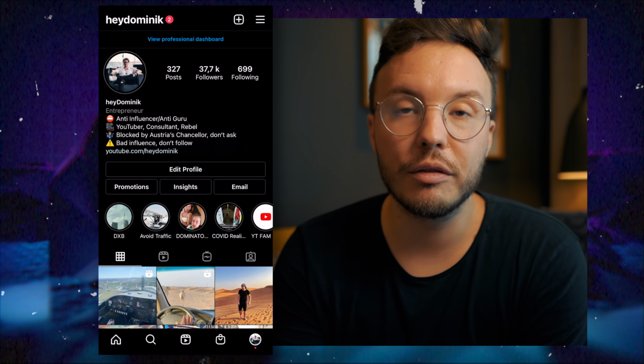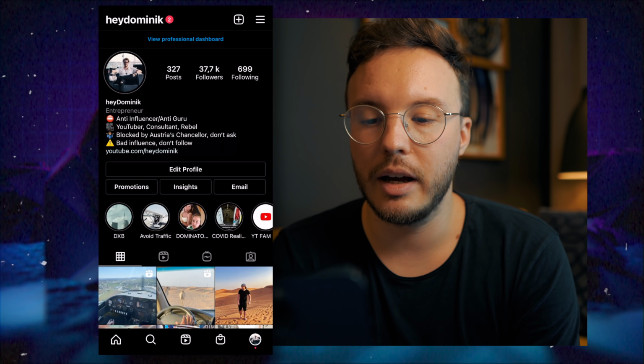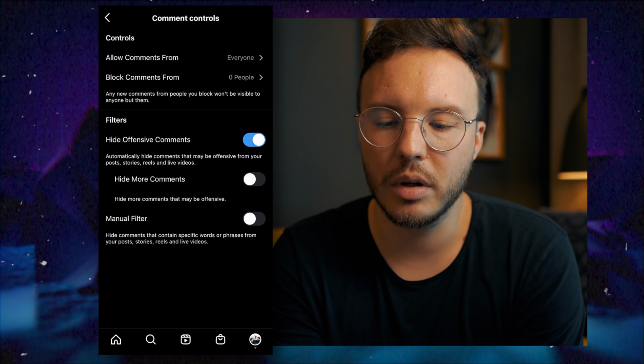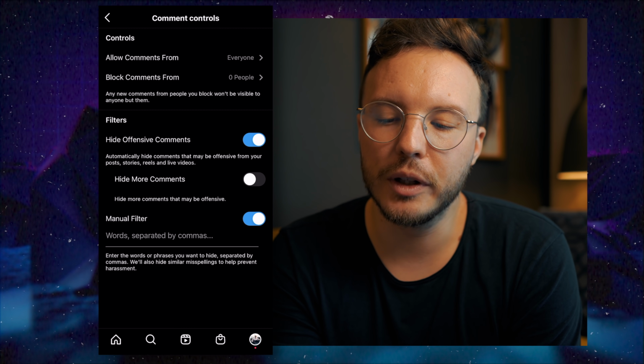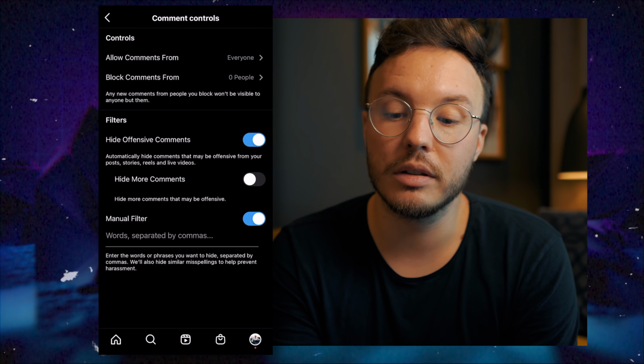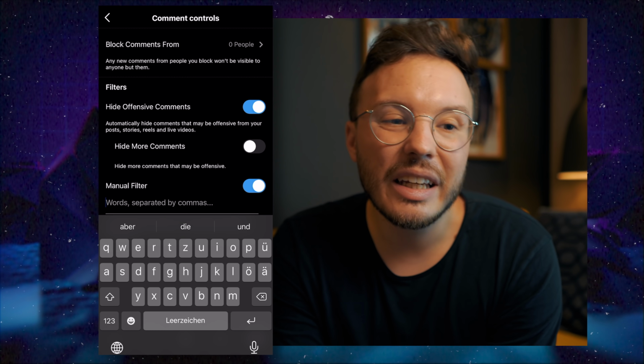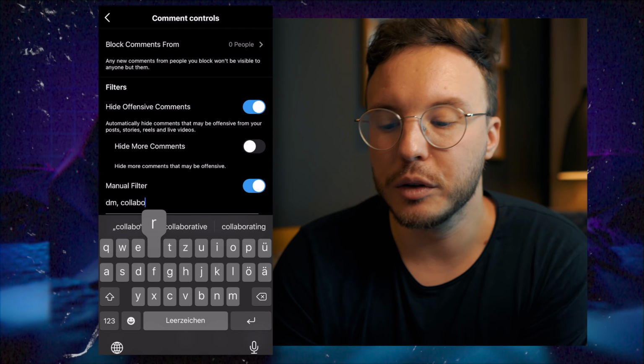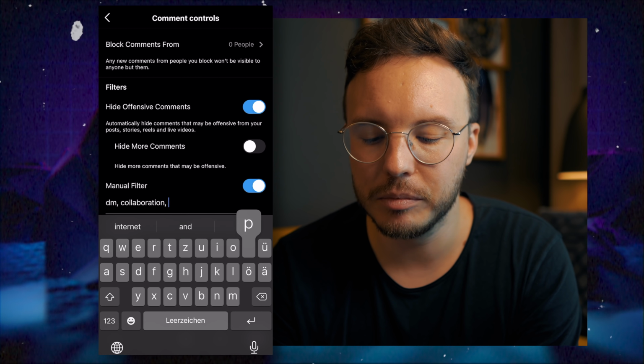So you can actually restrict that automatically from Instagram's side. What you're gonna have to do is go to your settings there, then there's a privacy tab, then you're gonna hit the comments tab right here, and there's a thing called manual filter. You wanna enable this whole thing, and you wanna be really smart about what kind of words are being automatically filtered by the system. For example, DM or